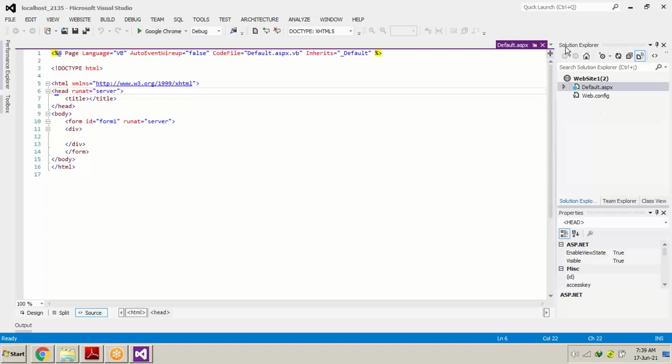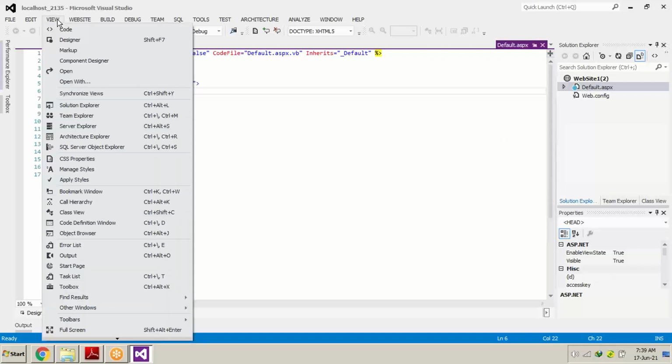Some might not see the Solution Explorer, some might not see the property window. These two windows can also be pulled out from the View section. You can see over here the Solution Explorer and the property window.